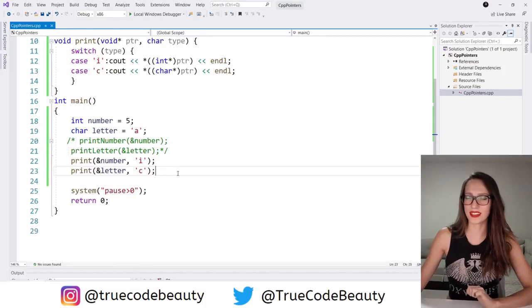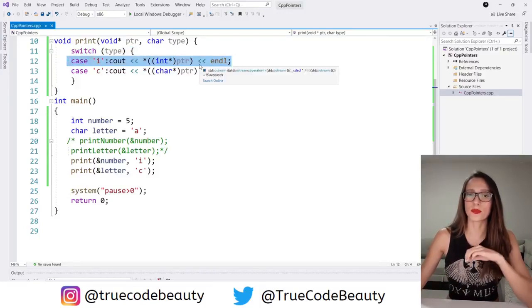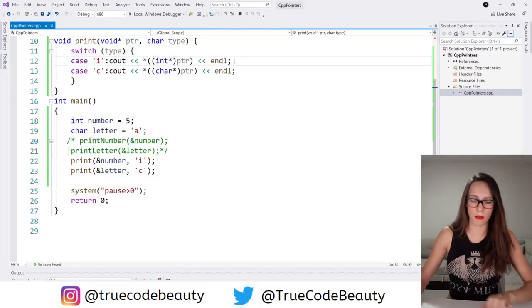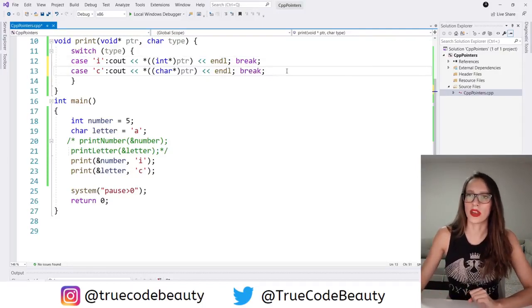Now I've just noticed that something is missing from our switch case. Before I say what it is, please write your answer in the comments down below. What we are missing in these two cases is a break at the end. So here I'm missing a break like this, and then here as well. Okay, so now we have completed our switch case, and if I run my program now,